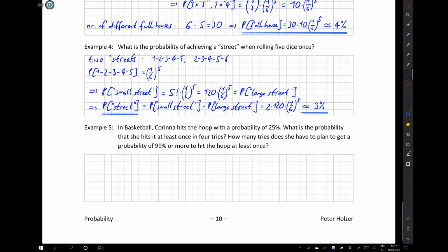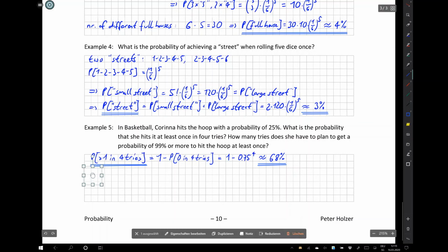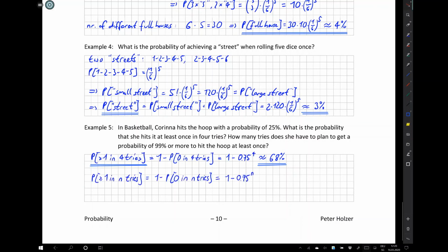Let us get to the last example, example 5. The probability that Corina hits the hoop in at least 1 out of 4 tries is 1 minus the probability that she never hits it, which is 1 minus 0.75 to the power of 4, so approximately 68%. Let us now look at the probability of hitting the hoop at least once in n tries, which is obviously 1 minus the probability of not hitting the hoop in the n tries, which is 1 minus 0.75